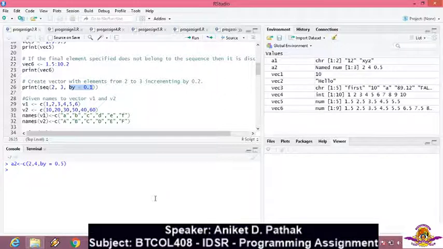Let's see. If you observe, the three values are there, 2, 4 and 0.5. So that is not working.